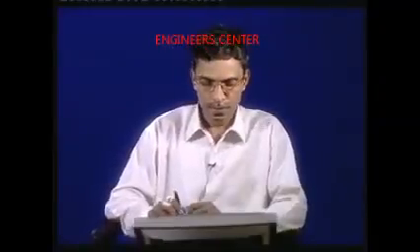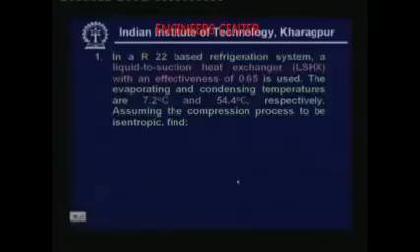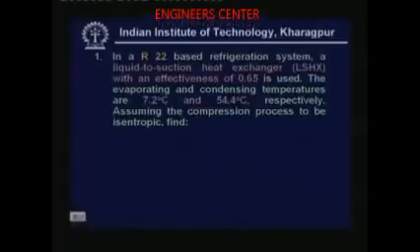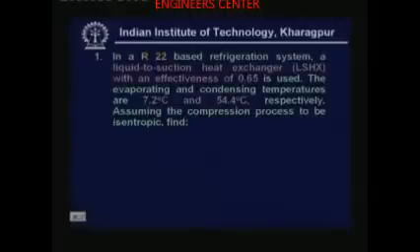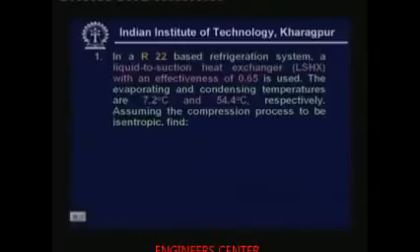Welcome back. In this lecture, I will work out few more example problems, and I will also give answers to the questions given in the last lecture. So the first, let us go to the first problem. The first problem is like this: in a R22 based refrigeration system, a liquid to suction heat exchanger with an effectiveness of 0.65 is used. The evaporating and condensing temperatures are 7.2 degrees centigrade and 54.4 degrees centigrade respectively. Assuming the compression process to be isentropic, find